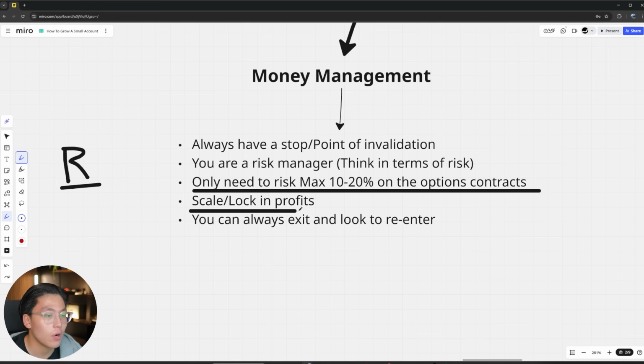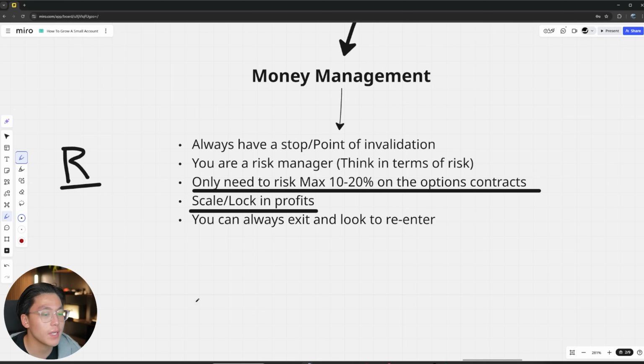scale and lock in profits. This is something I will always preach, locking in profits, especially when it comes to trading options, because when you're trading options, your reward is exponential. Whereas if you're trading futures or stocks, it's linear. So you might have a fixed risk reward ratio, but when you're trading options, you can scale along the way and lock in profits